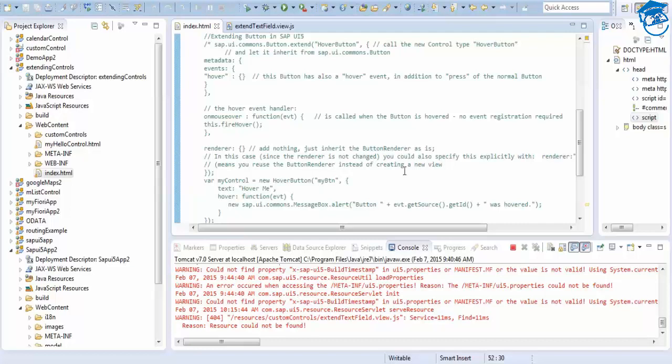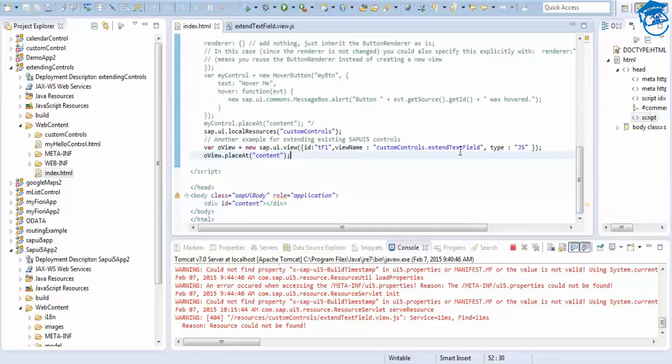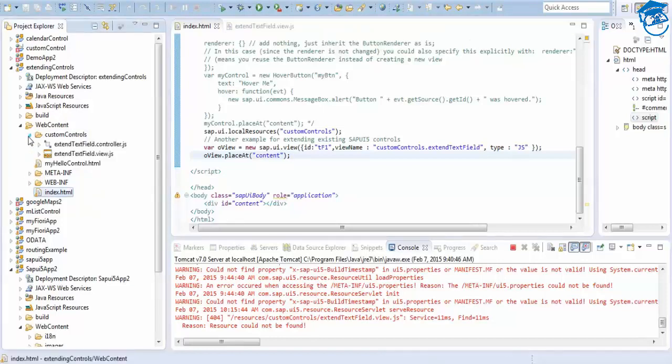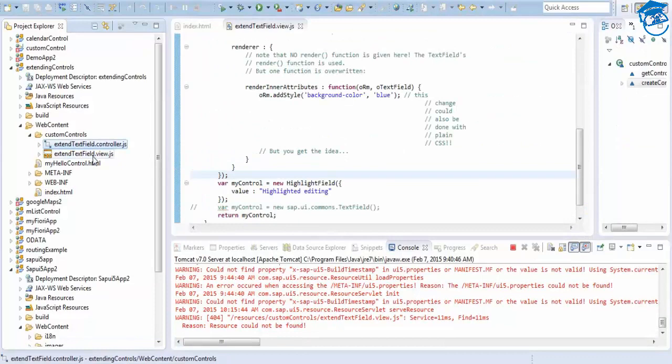The next is extend text field. How we're going to extend the text field is, we have created a new view, and we go to the custom controls and extend the text field.